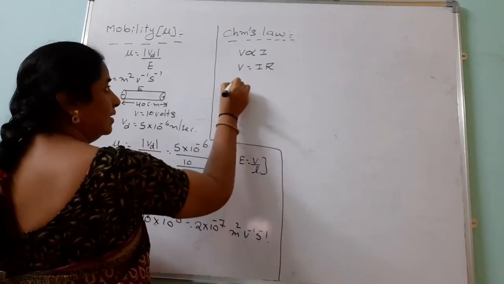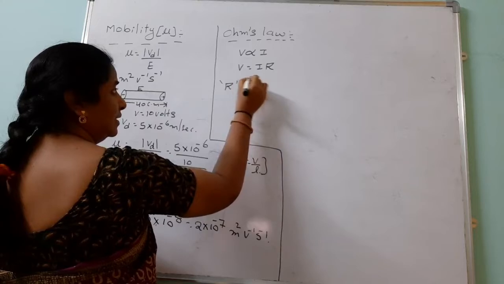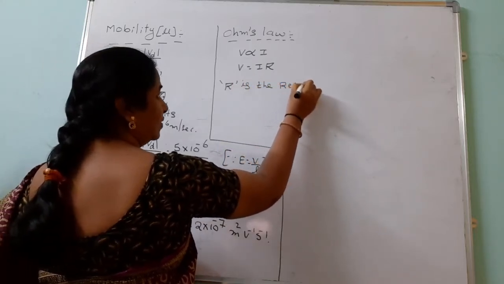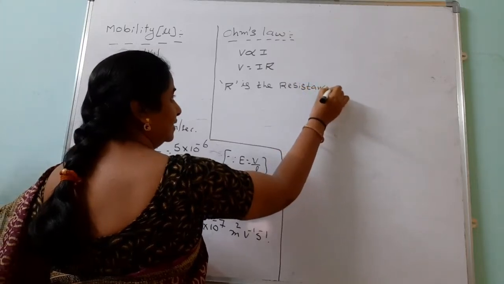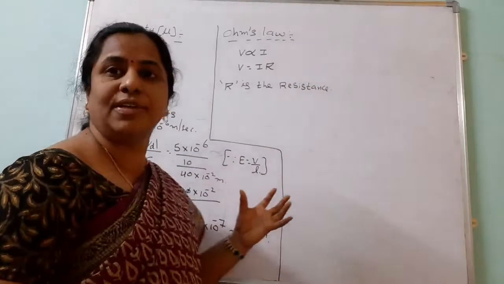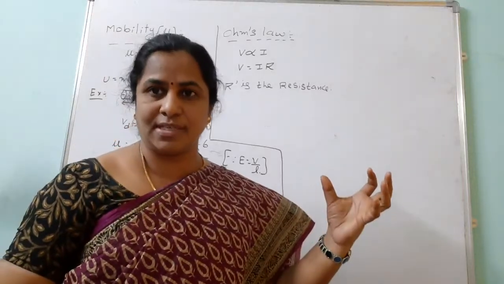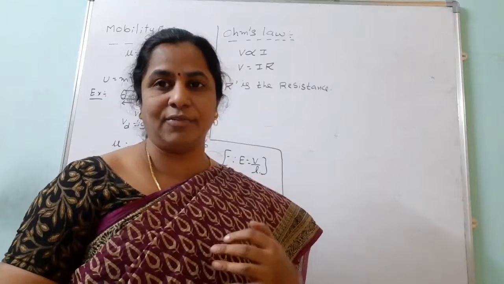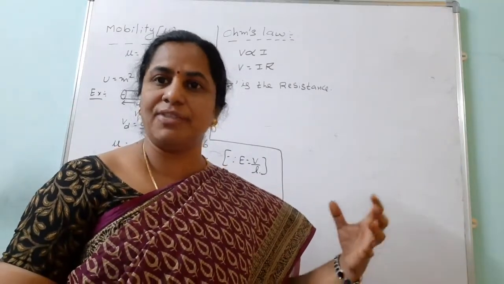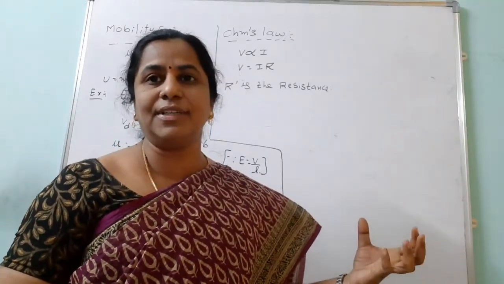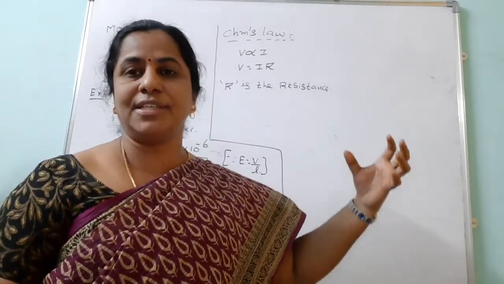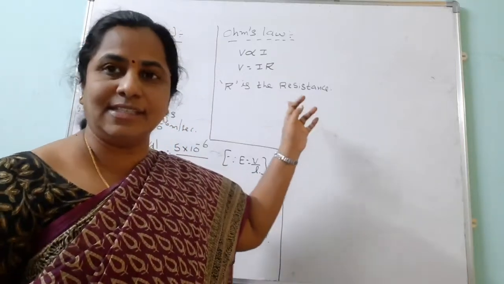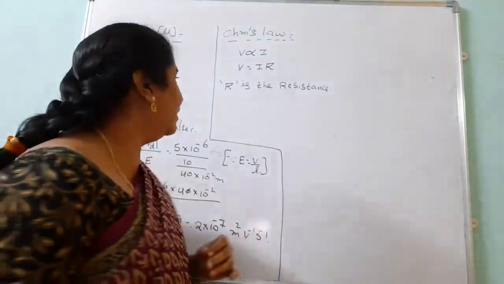This R is called resistance. R is constant, and R is the resistance. What is its role in current electricity? The definition of resistance is that it opposes the flow of electric current in the conductor. Suppose we are walking, friction opposes our motion. Like that, as current passes through the conductor, the parameter which opposes the flow of electric current is called the resistance, mostly represented by R, and the unit for